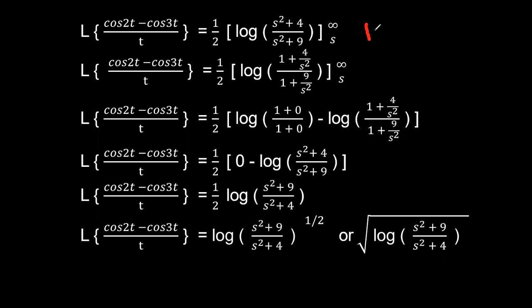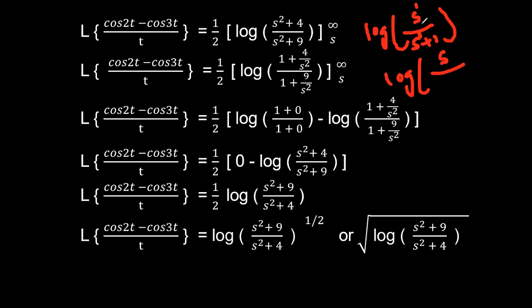In the previous problem we had the log of s by s plus 1. The numerator highest power s term will be s power 1 and the denominator highest power will be s power 1. That's why in the numerator we'll have only one single term, the s term, and in the denominator we'll have two terms and have to take common this s term only. Why? Because in order to cancel both numerator and denominator, you have to take the same term as common for both in order to cancel out.